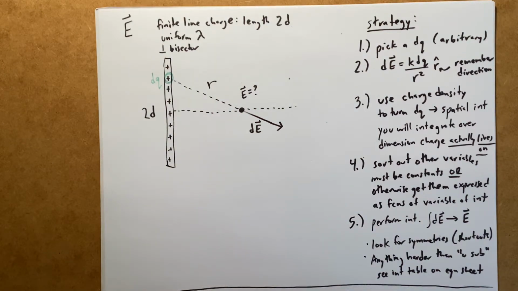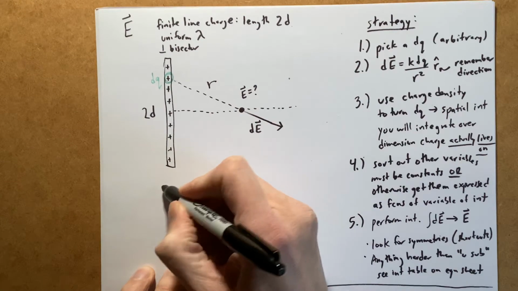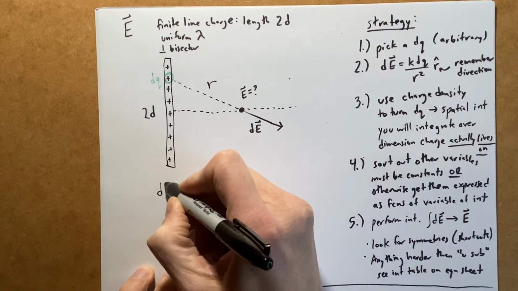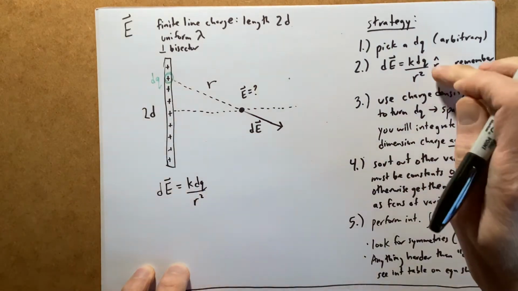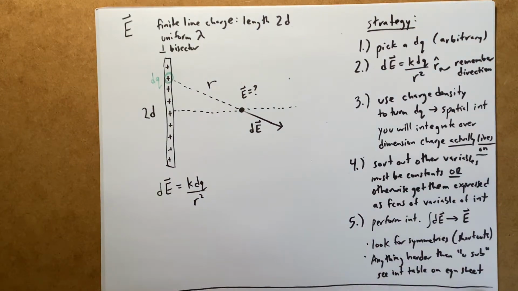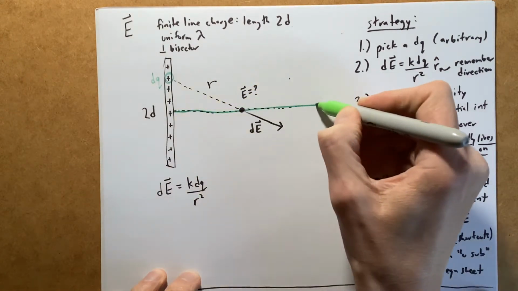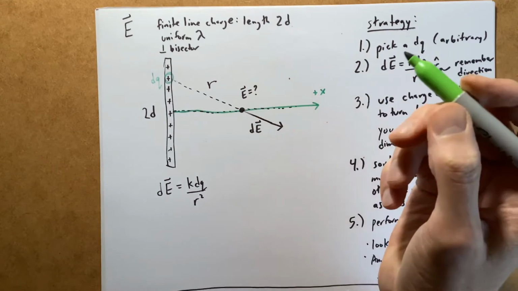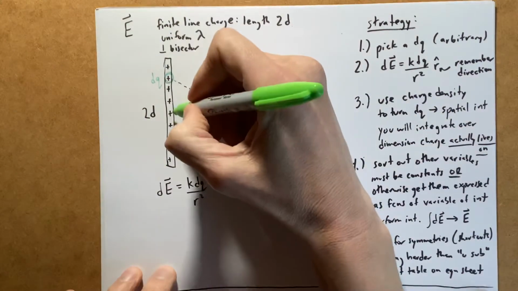Okay, so here's what you do now. Let's go ahead and write down what we have so far. So dE is going to be k dq over r squared, and then remember we need to put this into an appropriate direction. So what I'm going to do is set some axes here, and my axes are going to be like so. I'm going to set my x-axis to be right along this perpendicular bisector. So really, I'm asking for what's the electric field going to be on this x-axis, and my y-axis is going to be